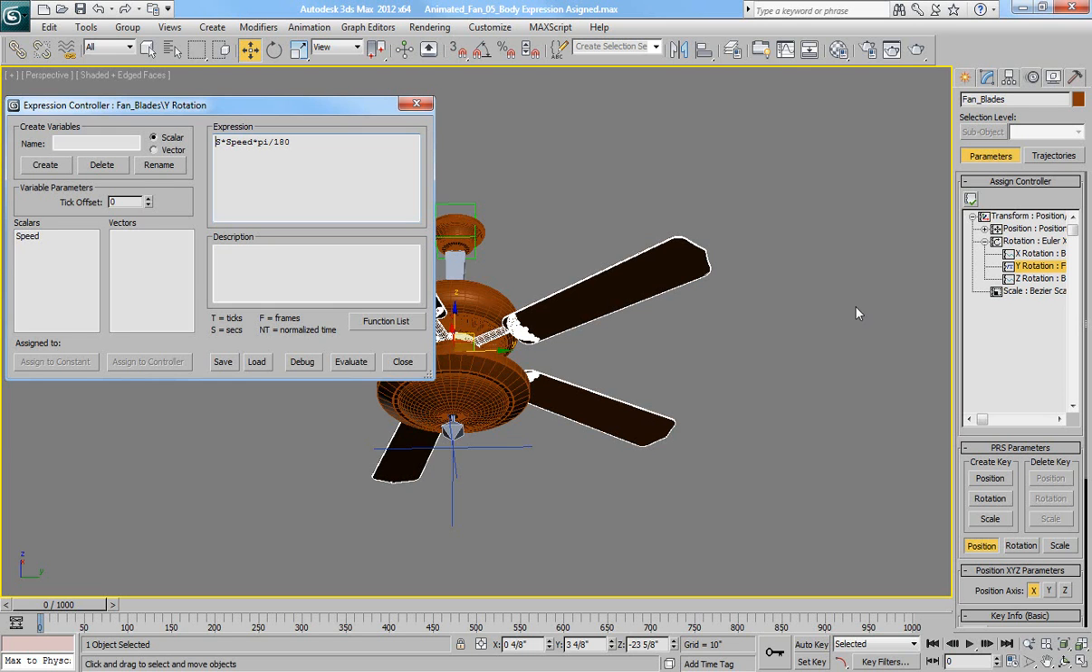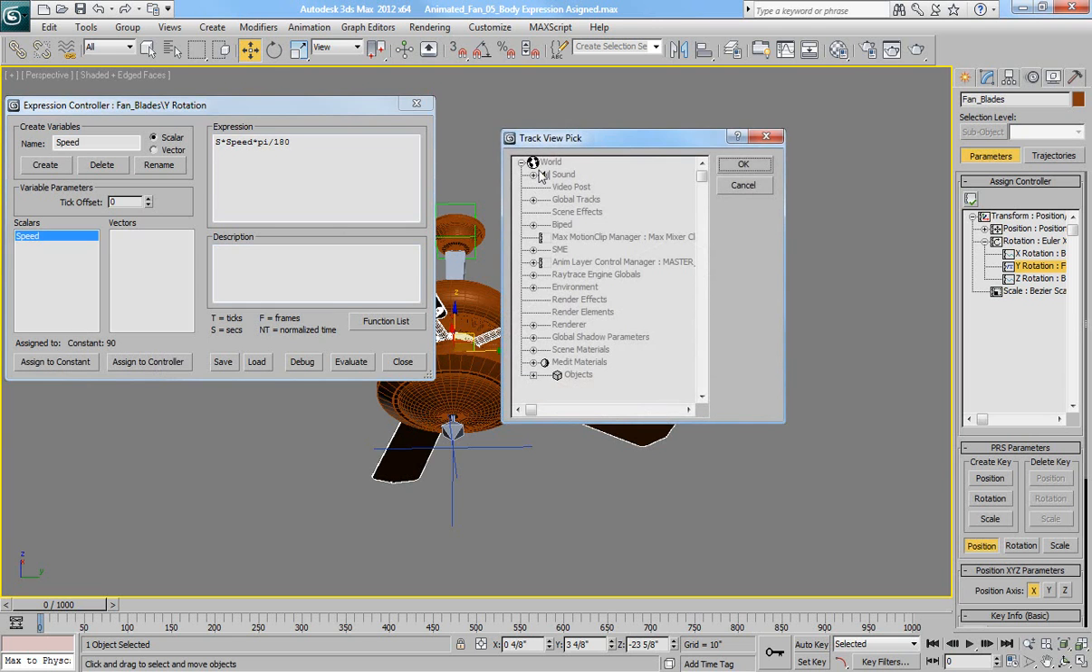So what we need to do is replace that constant number with the connection between this variable and the custom spinner that we've created on the modify panel of the dummy object. In order to make that connection, highlight that variable on the left side of the expression controller window. Instead of clicking assign to constant, click the assign to controller button, and you will see the tree with all available